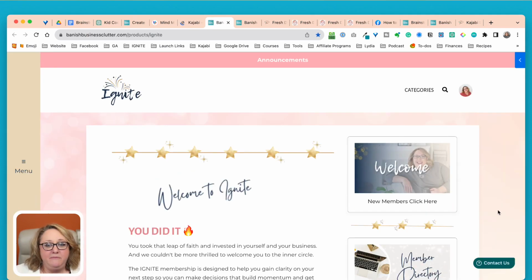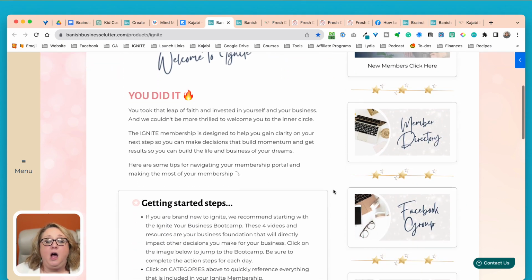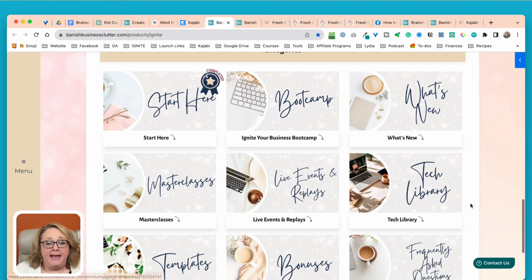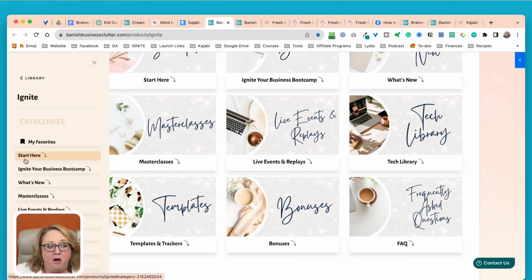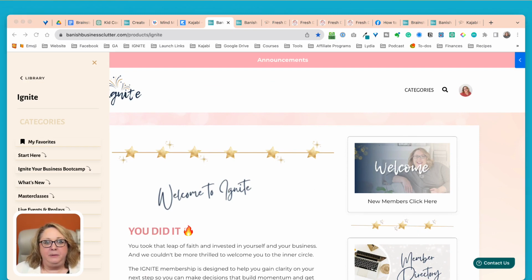All right, so let's go ahead and take a look at what this one looks like. This is that same theme from the Digital Clutter Cure, but you can see it's outlined very differently. This has 2 columns, which is an option on Sunset Pro. And when you scroll down, now they're getting modules, or basically access to all of the different things that we offer inside Ignite. So I hope seeing the back end of building out a bigger course is helpful.